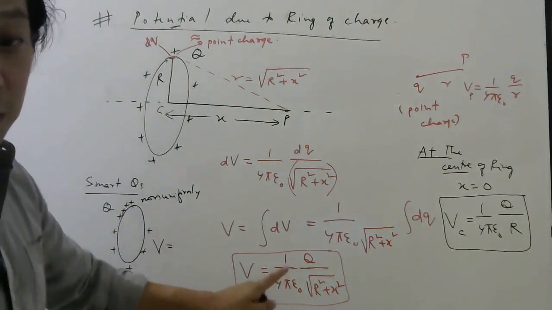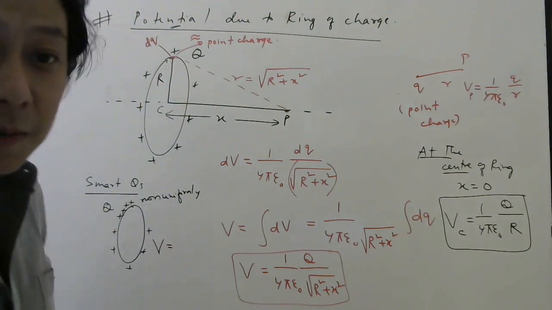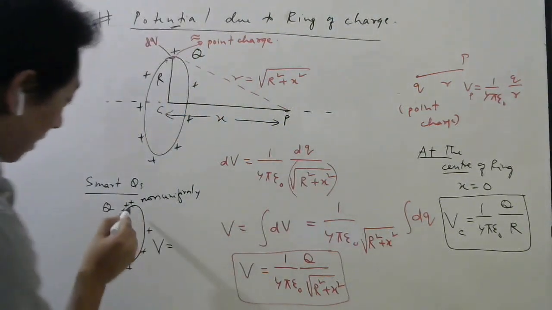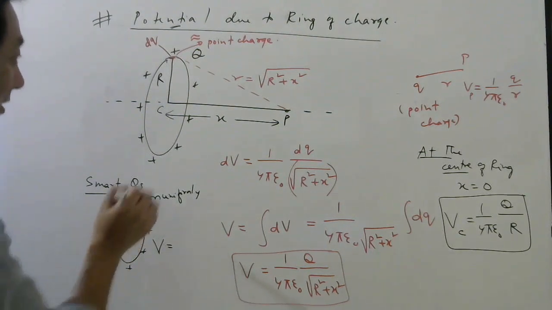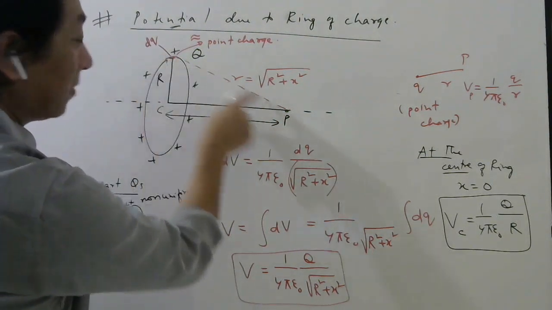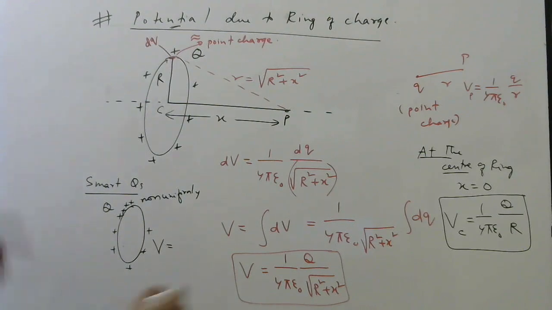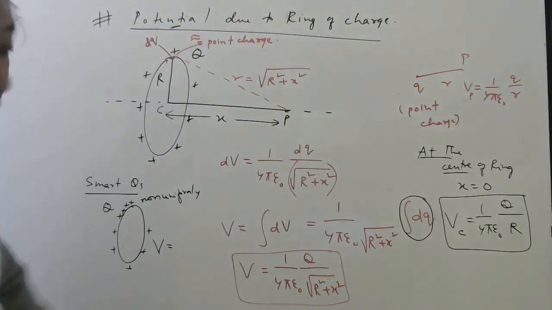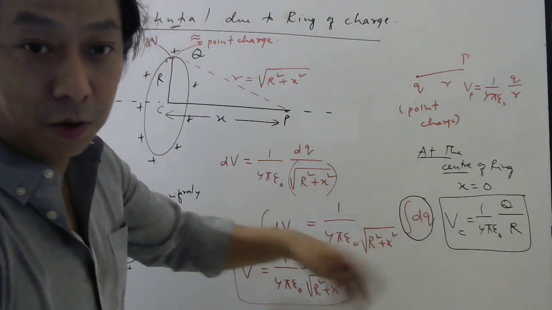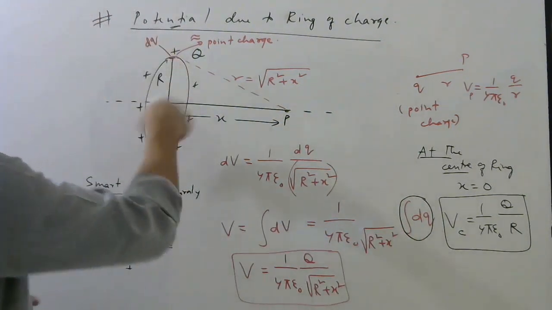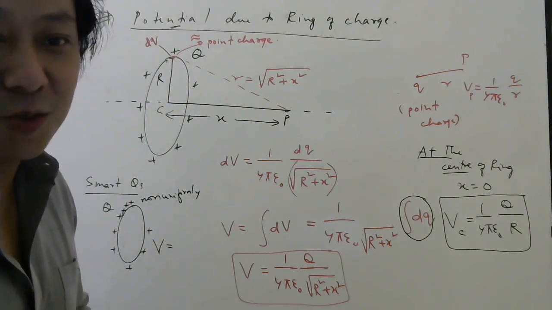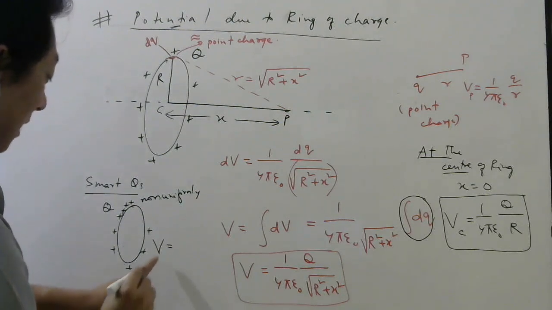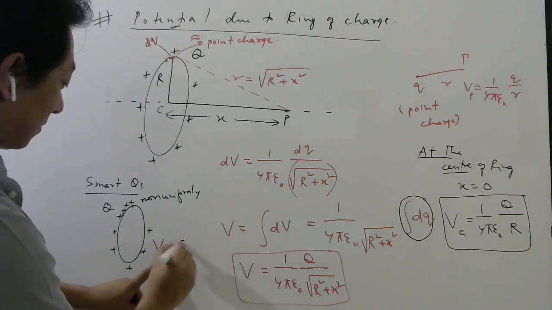Will it be same or will it be different now? Think about this. It will be same only, because the distance is constant. Every dq will be at the same distance from this point. Understanding or not? So this only we have to integrate. If you integrate dq, you will get total charge. Whether it is uniformly distributed or non-uniformly distributed, it doesn't matter. So potential will be same.